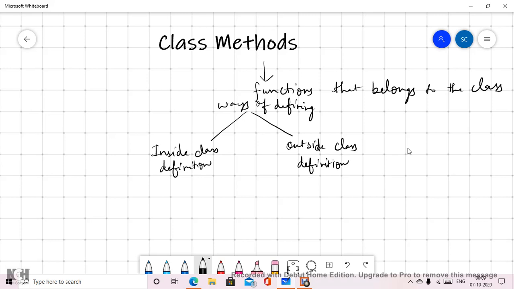Now it is very important to understand that in case of functions, when we studied procedural programming or C language, I told you that a function has three main things: function name, function declaration, and function definition.